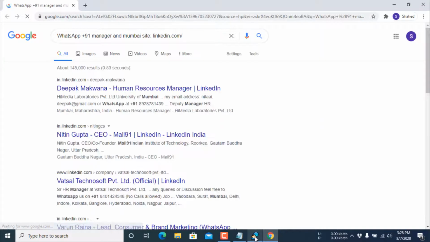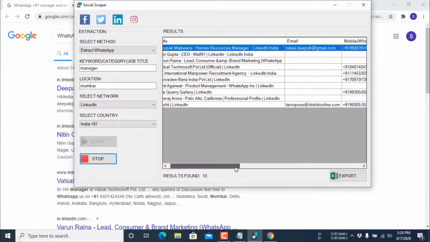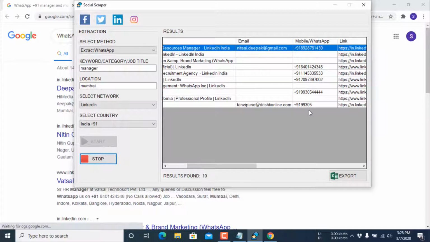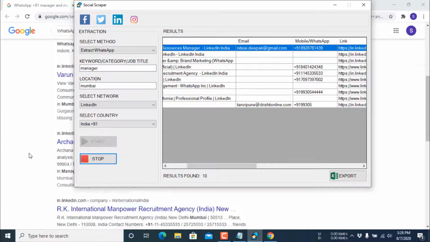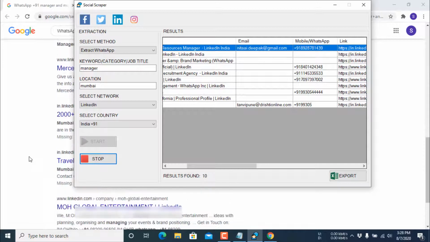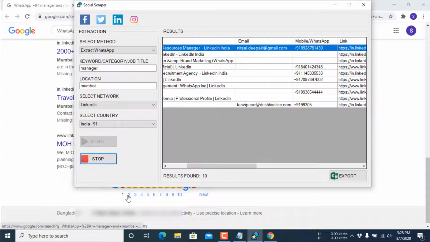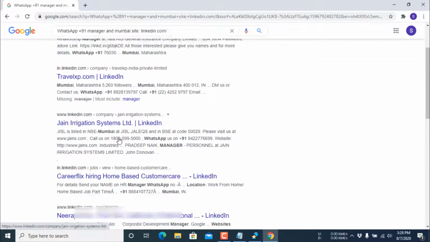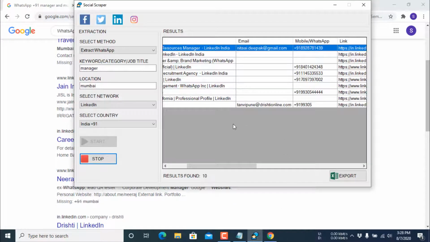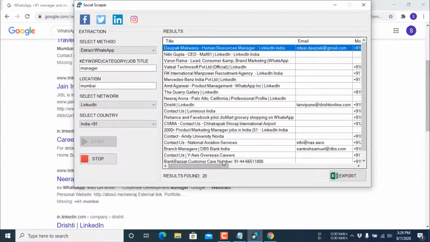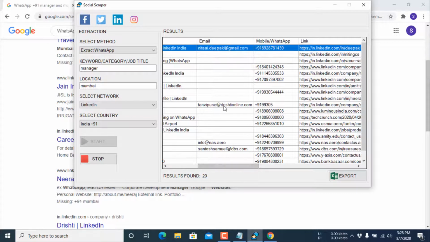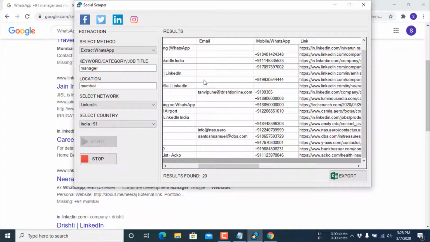It will open the browser again and it will get the WhatsApp numbers. It will work in the same way that I have shown some time before. In this way, you can extract as much data as you want. Now I am clicking stop.